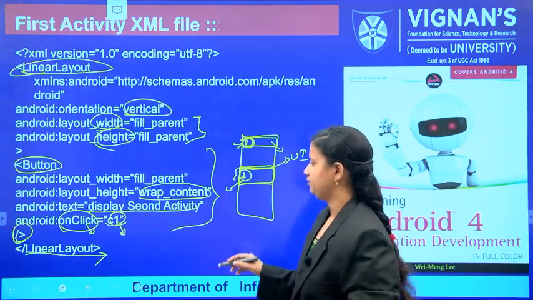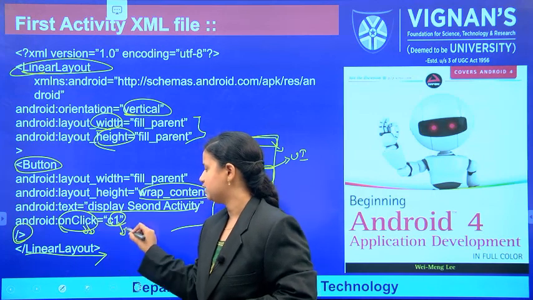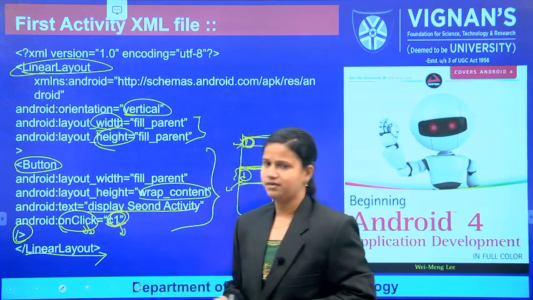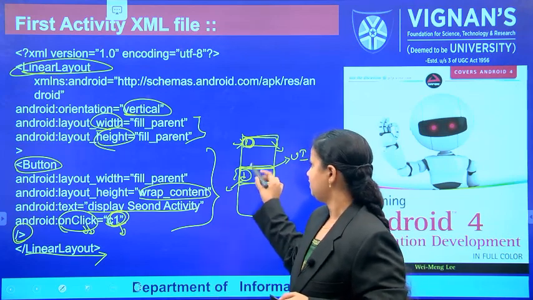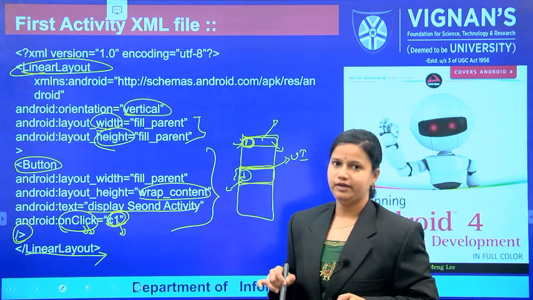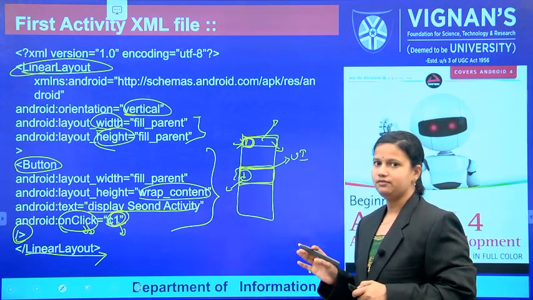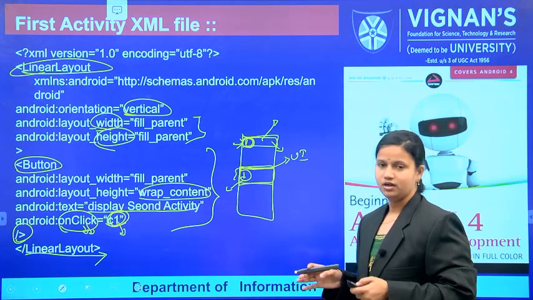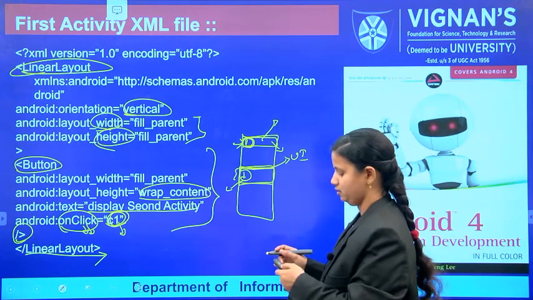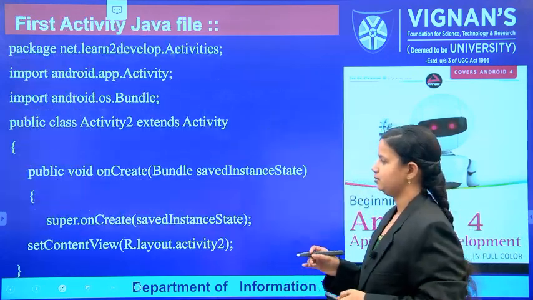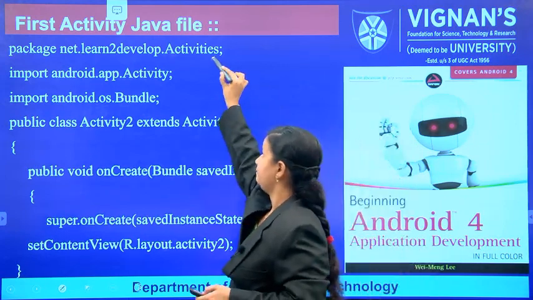Previously, we said we have to perform an action whenever you click on that button, by calling this C1. So in which file do we have to implement the code? You are performing the action in activity 1, so we want to perform the actions within activity 1. You have to go to the file for activity 1. So let us see the activity 1 file. The Java files already have packages.